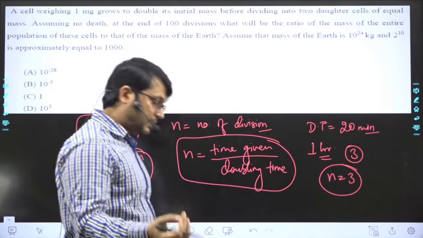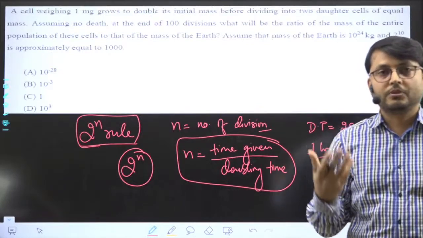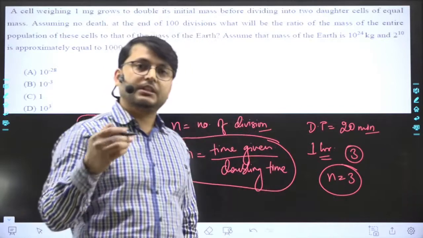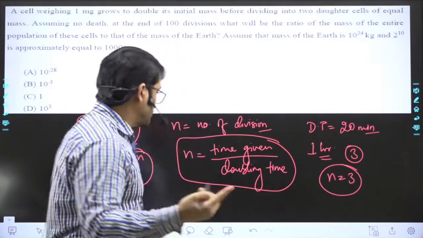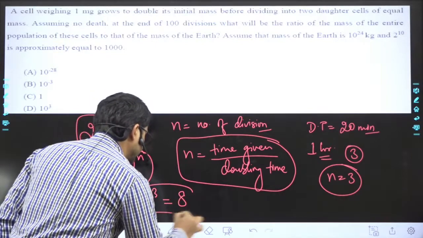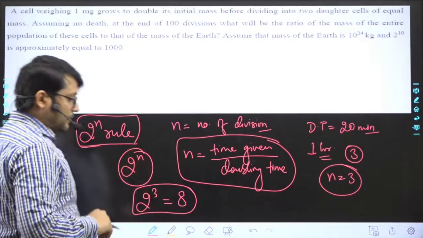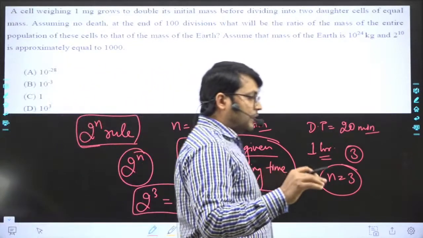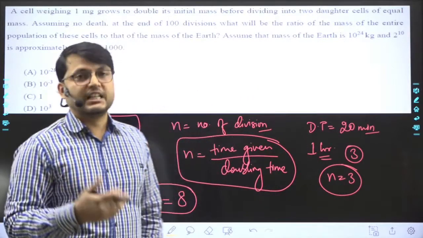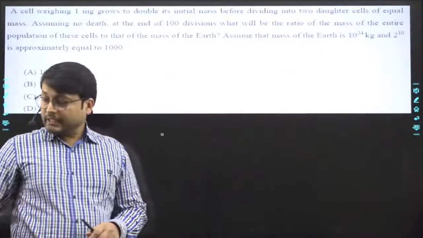एक बैक्टीरिया लिया आपने, which has a doubling time of 20 minutes, and you have left it to grow for 1 hour. So in 1 hour, it will make 3 generations. So at the end of 1 hour, it will be having 2 to power 3, that is 8 bacteria. समझ में आ रहा है? So this is how we calculate the number of bacteria when doubling time is given, or when total time has been given, or if the number of divisions has been given. Okay, great. Let's move on to the next question.